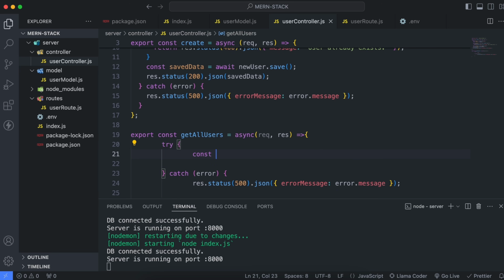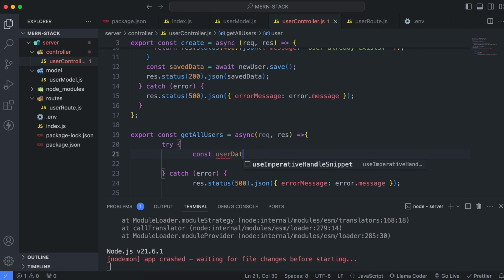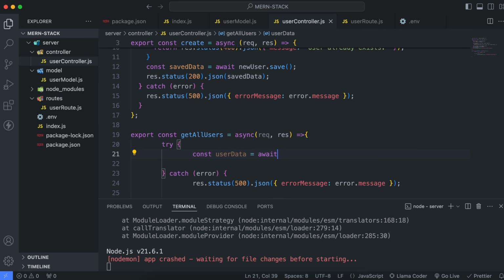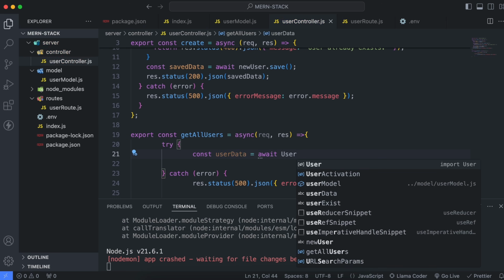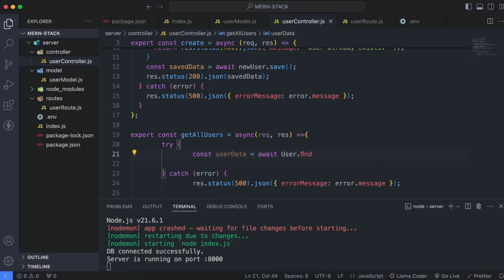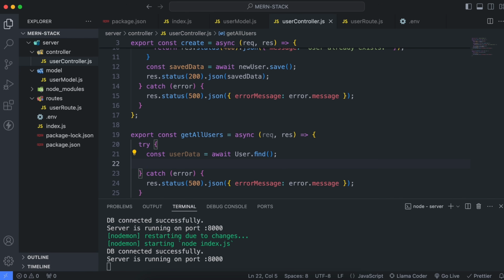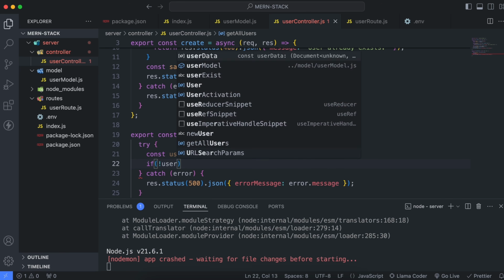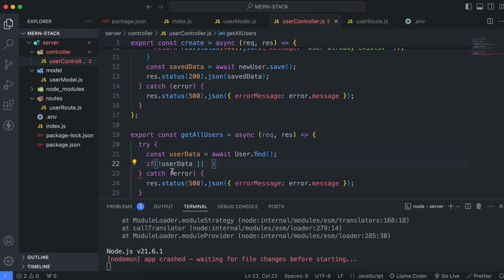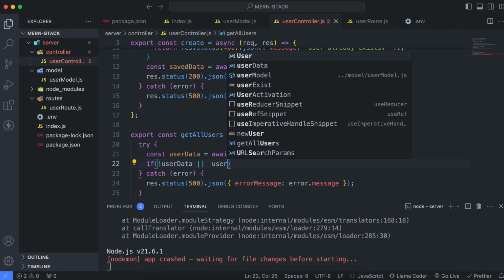Let's create a variable called userData, and let's store inside it, and let's type await. Since we will be using the find method, just type User.find. This will retrieve all the data from the database. And if there is no user, just type userData. If there is no user data, or the userData length